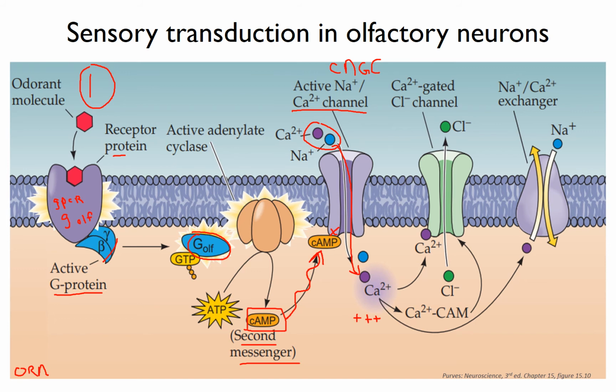So what happens when you add a bunch of positive ions to the inside of a cell? Well, its overall electrical potential goes up, it changes, okay? Now, because we have a whole bunch of calcium floating around inside this particular odorant neuron's intracellular compartment, there's a bunch more physiology magic that occurs. And at this point, it gets really complicated. And I'm not going to make you memorize the fact that there's an exchanger and all these different things happening. The big takeaway here is calcium triggers this